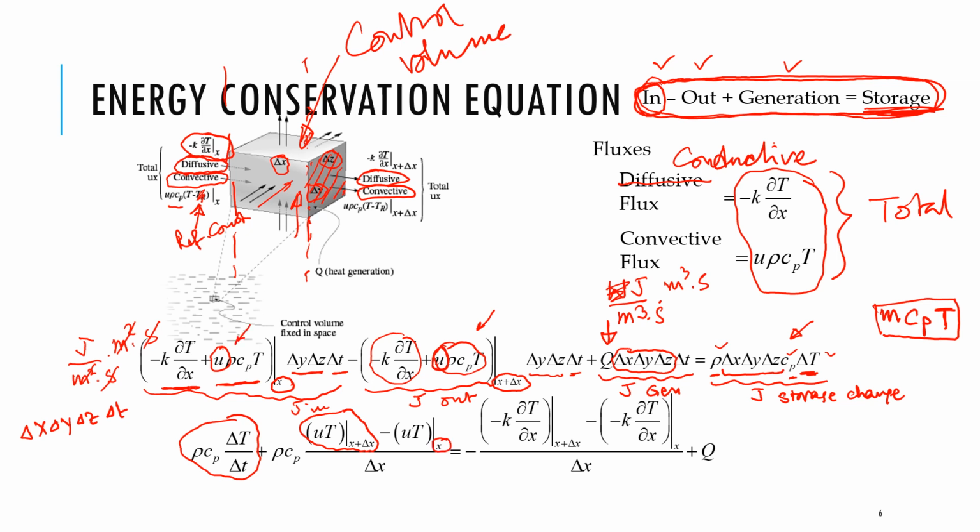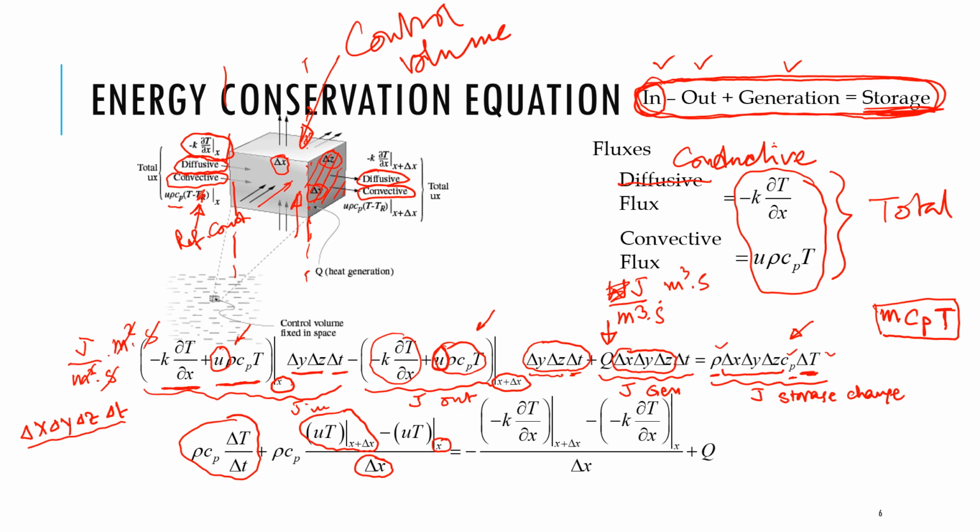So the difference between them divided by this again, delta x, delta y, delta z, delta t. So you can see we have del y, del z, del t. If we divide by delta x, delta y, delta z, delta t, then everything cancels and we get the delta